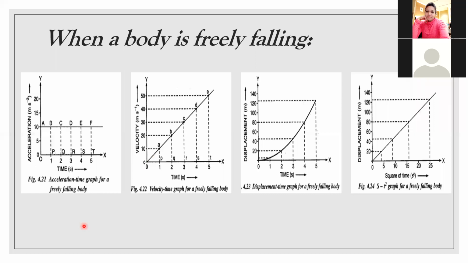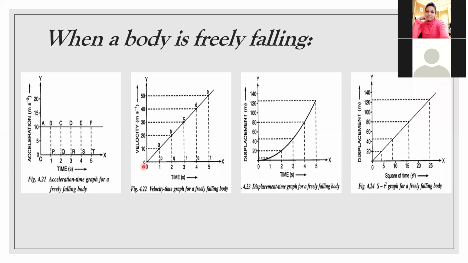Yeah, correct Kunal. Correct Tushar. Correct Nitanshi. Then at 2 seconds, what will be the displacement? The under area of triangle OBQ. So what will be the under area of triangle OBQ? Half into 2 into 20. That is 20. Right? 20 meter. Correct. Very good. Then the under area of the third triangle, that is OCR. So it will be 45 meter. Very good.